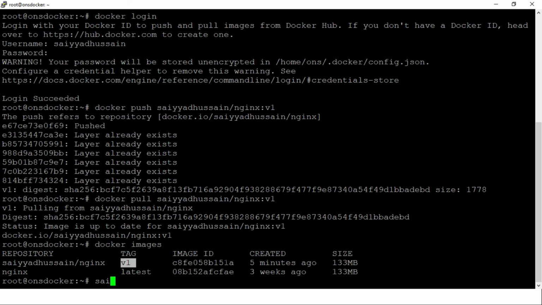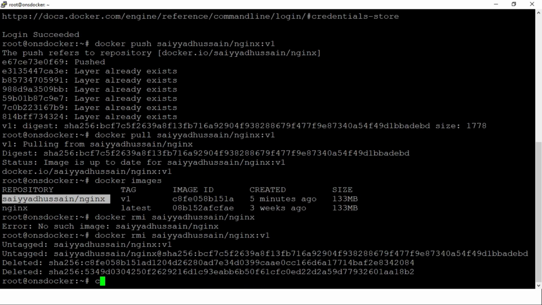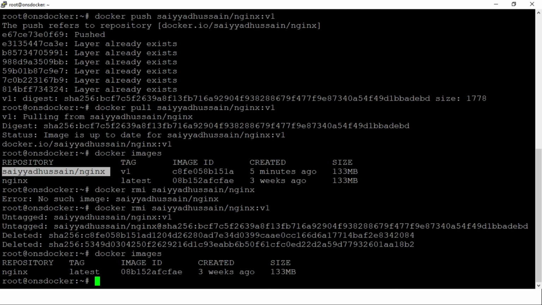If I delete it with docker rmi, and press enter, sorry, you have to put the tag name v1 also. If I check how many images are on my system with docker images, you will see only one image. To pull my Docker Hub image to my local system, I copy and paste my command, docker pull Syed Hussain slash nginx colon v1, and press enter.